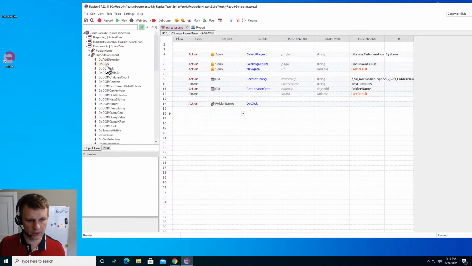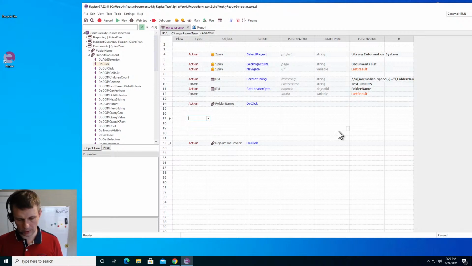My plan is to just click on it somewhere here, but before clicking on it, I want to do the same. I want to change its XPath and feed the name of the document to the XPath. So what I'm doing: rel format string,